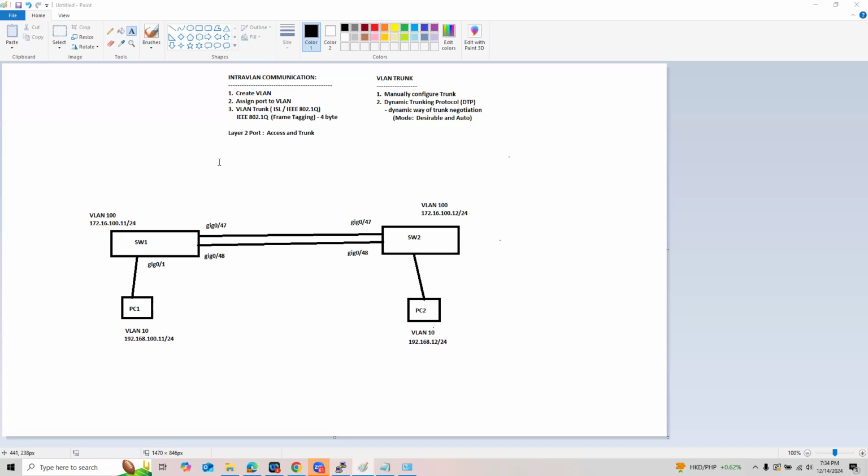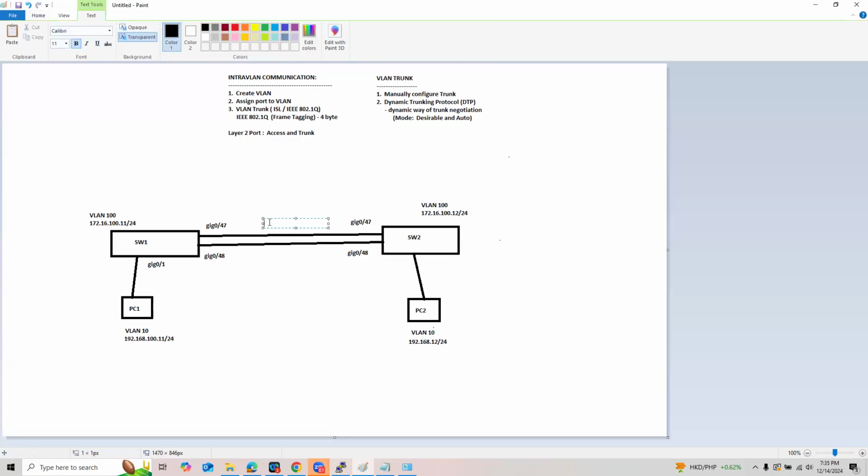Okay? And in terms of configuring a trunk, there are two ways to do that. You either manually configure it or you rely on DTP. But DTP, guys, is Cisco proprietary, meaning you cannot use this one with other vendors. So the only option you have if the other switch is not Cisco, another vendor, is to manually configure the port as a trunk. All right. So what I am going to do is manually trunk port 47.